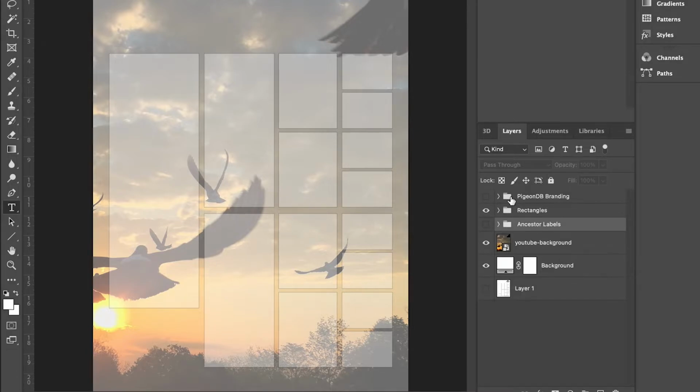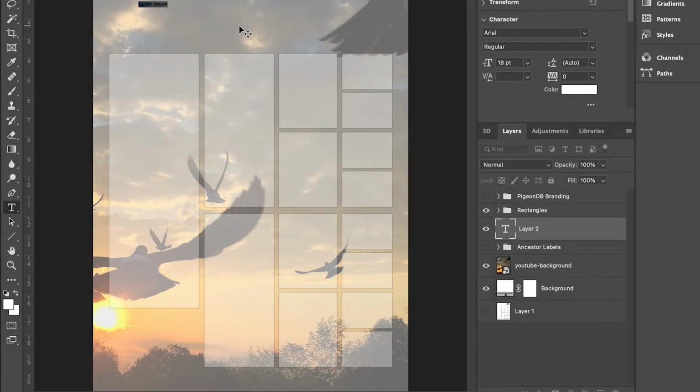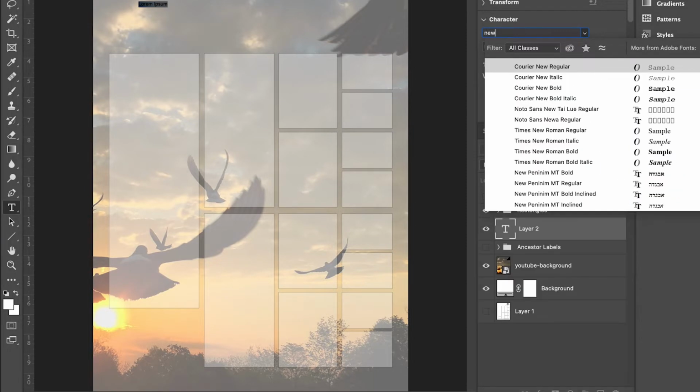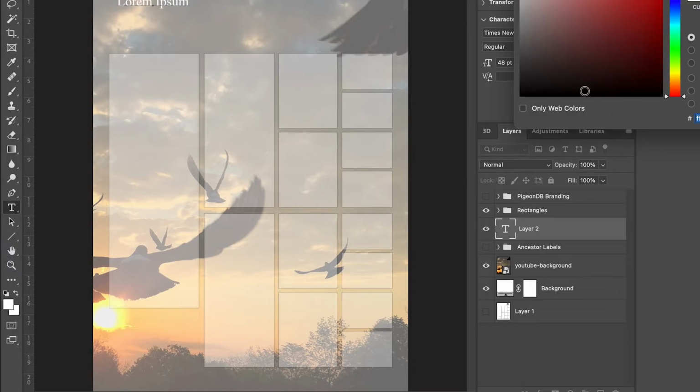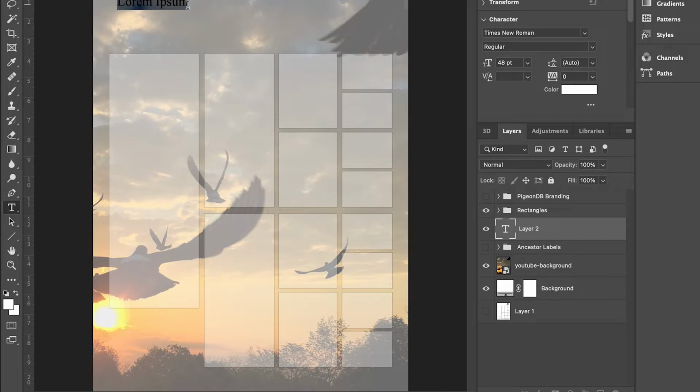Okay, so last thing I want to do is just start doing something creative with the background. So in this case, I'll put the name of the website. We'll use Times New Roman. Let's get a big font going on, and we'll color it. I guess white is fine for now. And let's say